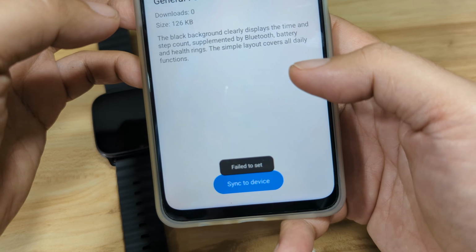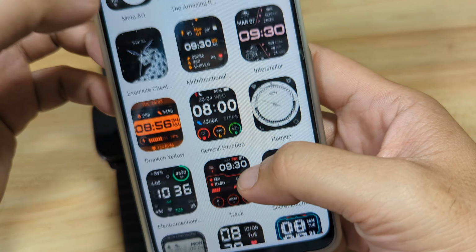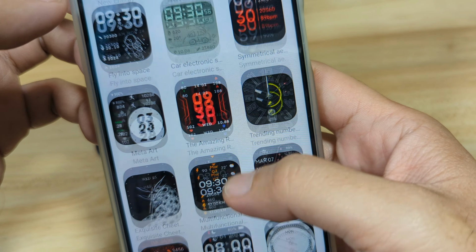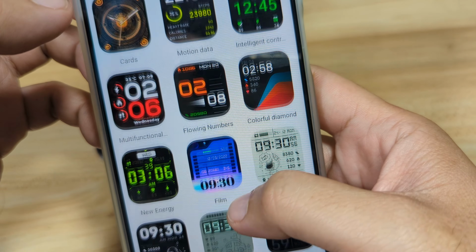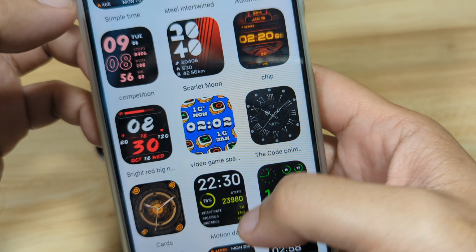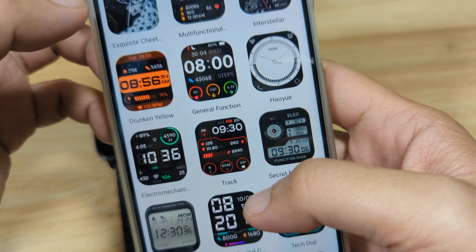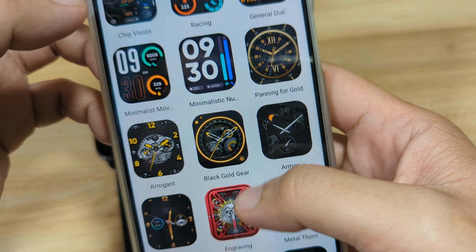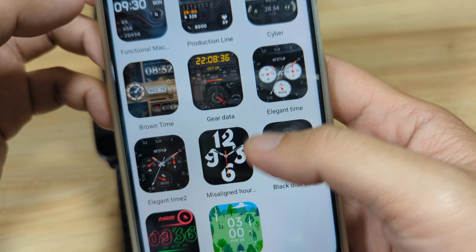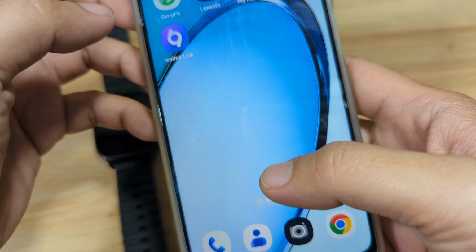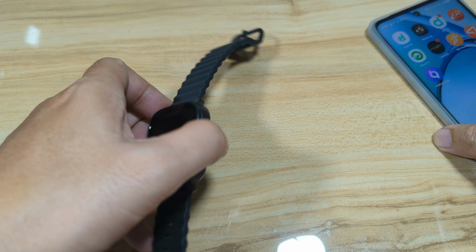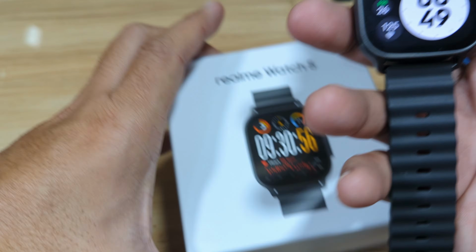This one. Okay, so far all of the watch faces here are all fixed or just static. There's no dynamic option. So that's it for the list of dynamic watch faces for the Realme Watch 5.